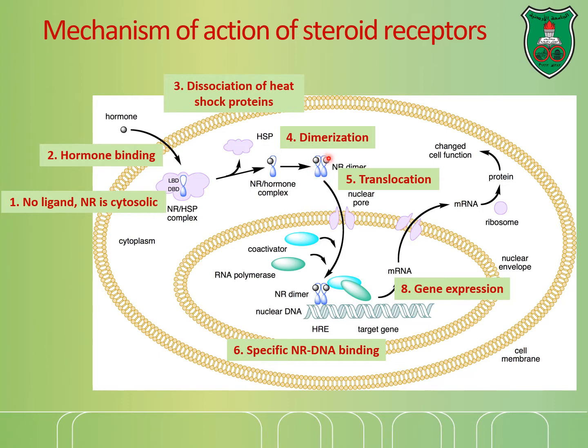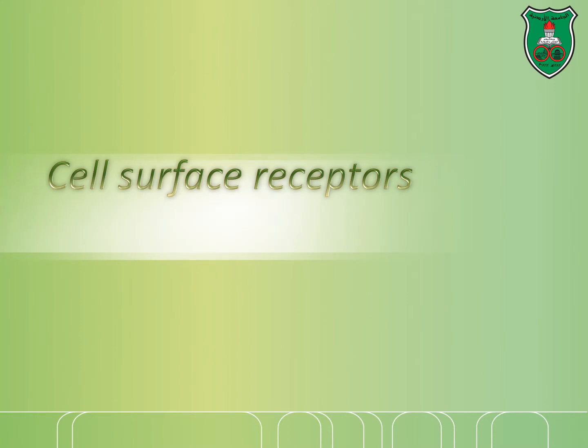So this dimer then goes into the nucleus, it translocates into the nucleus, and it binds to specific elements on DNA. And these are collectively known as hormone response elements, controlling gene expression. So they can induce expression of certain genes or suppress expression of other genes. That's for lipophilic hormones. So in terms of cell surface receptors,